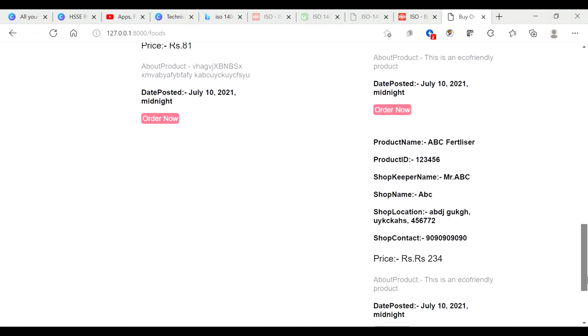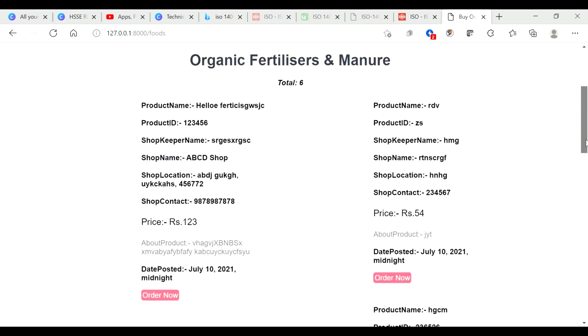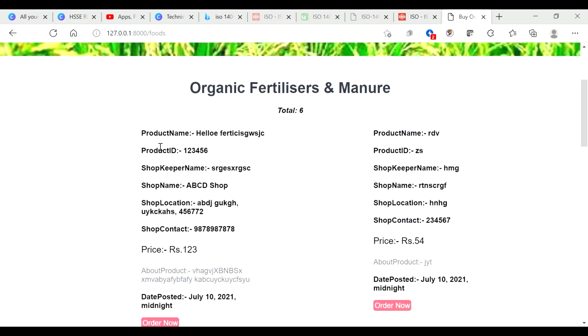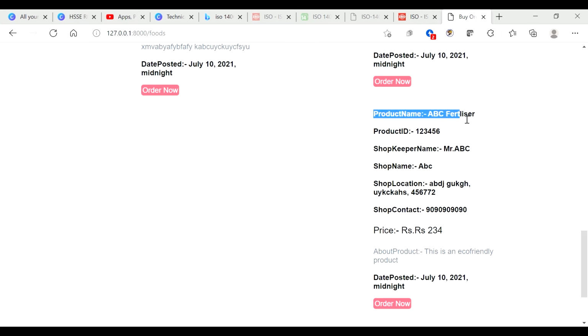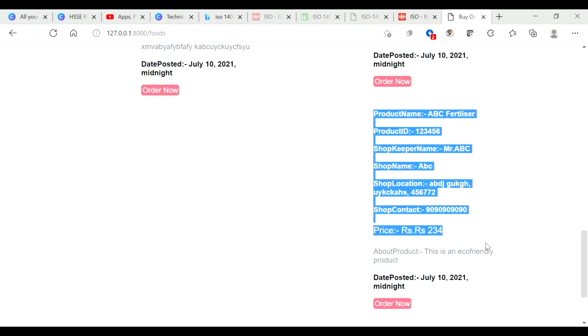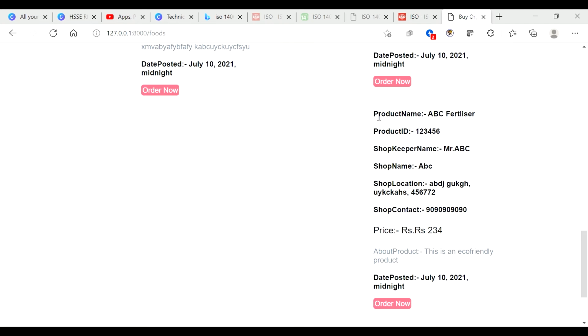So now this page. What is so unique about this page? Product details have been updated over here. Recently we have updated a product, and if you remember, this was the details. So it has just got updated from the back end to the front end. The shopkeeper updated it somewhere else from a different portal and it got updated over here from the back end. From the back end, we have fetched the data to the front end. So now suppose I want to buy this,